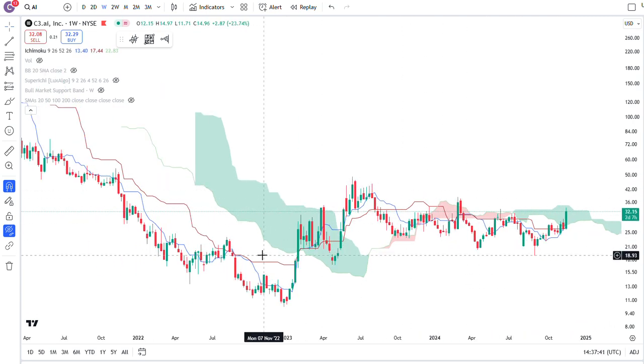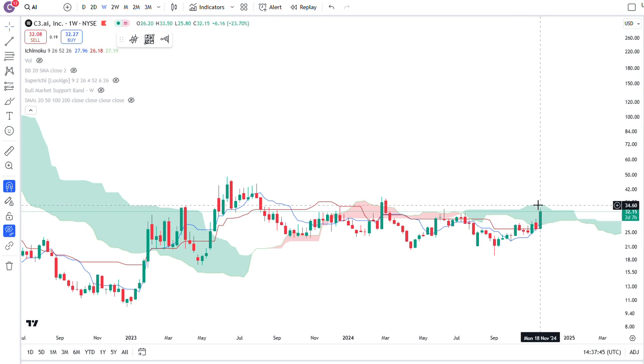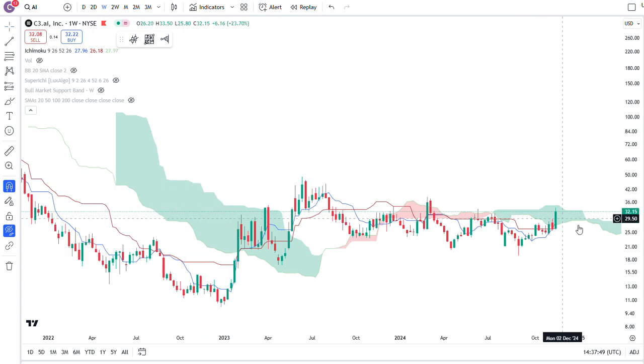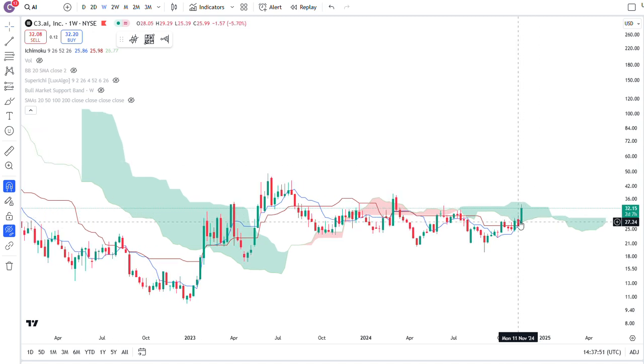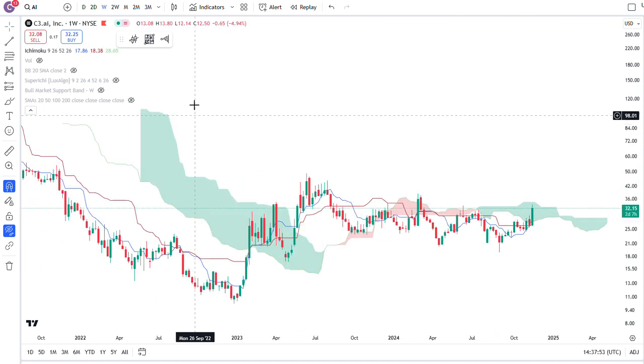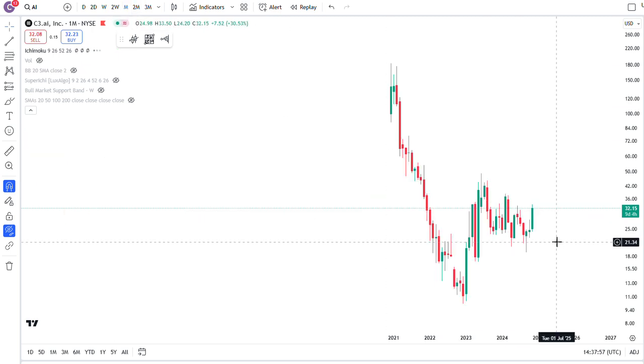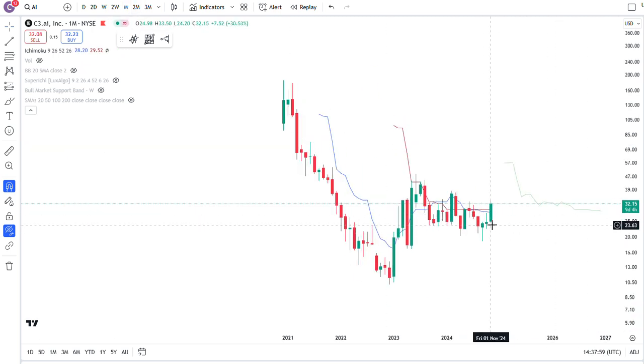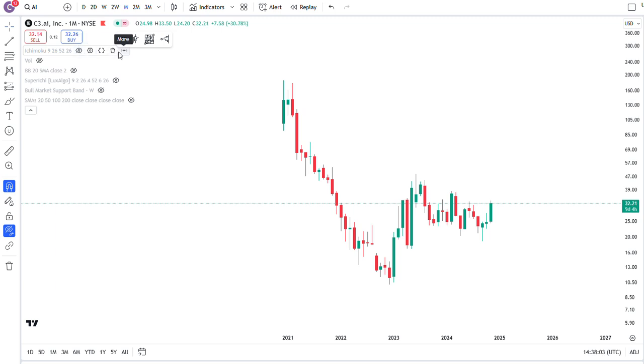Initially, C3AI was a little bit of a trendless stock. It still is if you look at the weekly, because there could still be a little bit of resistance up here around 34.5, somewhere around there. That could still be resistance, right? And we had a pretty big move so far from earlier this week. But yeah, there are some pretty positive developments happening with C3AI. Right now, I'm still halfway between bullish and bearish, but it's turning a little bit more bullish.